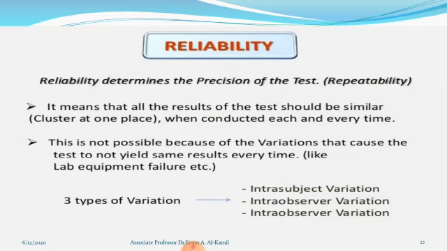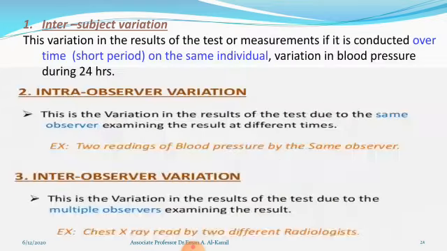So there are three types of variation. Intra-subject variation, the variation in the subject himself, the patient himself. Or intra-observer variation, which is the variation of the observer himself when he measures the patient but gets different readings. Or inter-observer variation, between two or more observers. So the intra-subject variation,